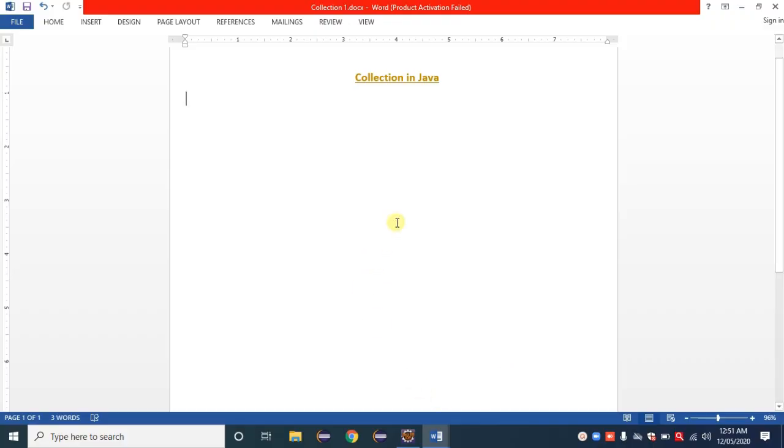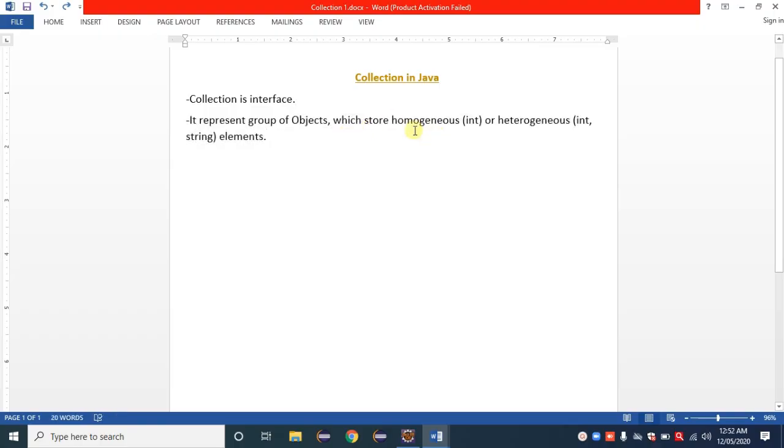So in this session we are discussing collection in Java. Collection is an interface available inside Java. By using collection we can store similar data type or different data type values also. Similar means homogeneous, and different means heterogeneous.